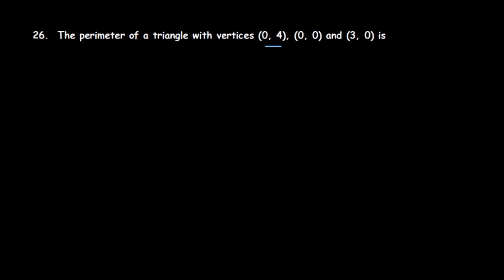Okay, so you can use the distance formula, otherwise the simple model I am going to explain to you. For these types of questions, when they are given 0, 4, 0, 0, 3, 0, then you can take here, it is origin 0, 0, and a point like 3, 0, and here is another point like 0, 4. Now I'm going to draw the line, okay,